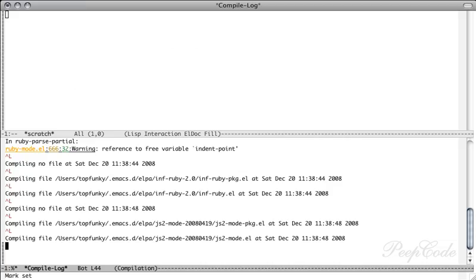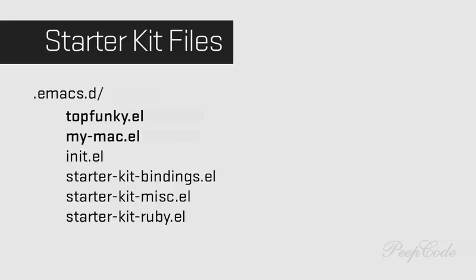Brief tip: when you first start Emacs, you may notice a bunch of things compiling and you may see some warnings and other messages. These are completely normal and you'll only see that the first time you start with the Starter Kit. Now, the Starter Kit is organized to load your customizations from files with the name of your machine and/or username. So if you want to create a custom file inside the Emacs Starter Kit, I've created one just called